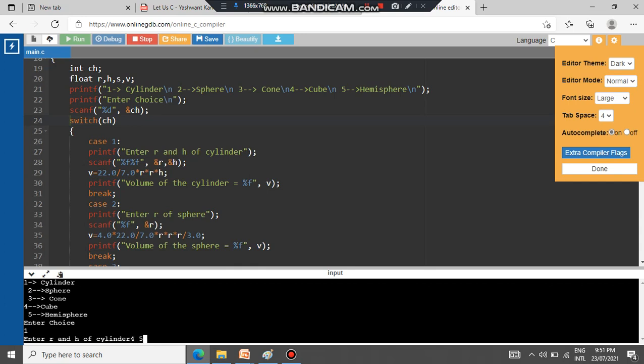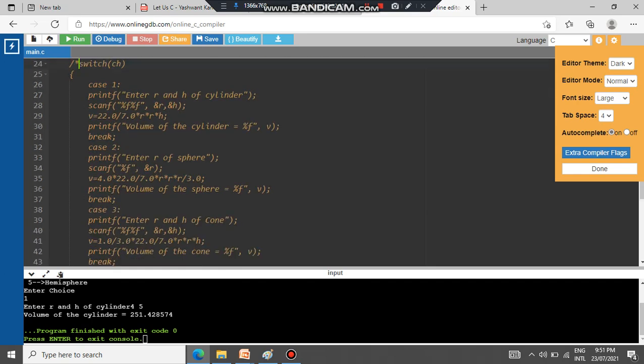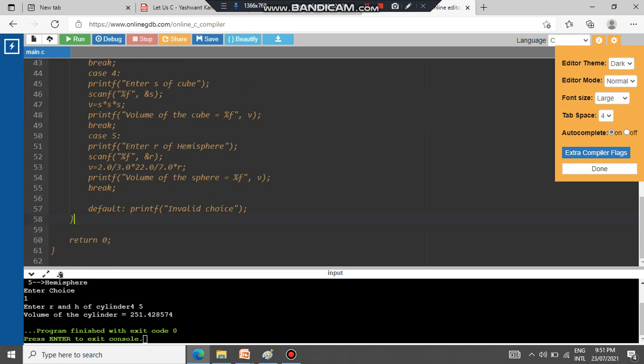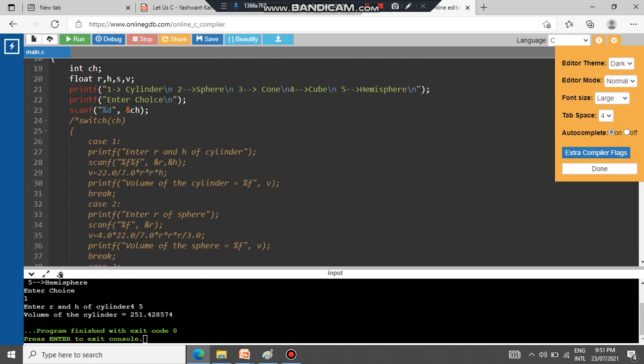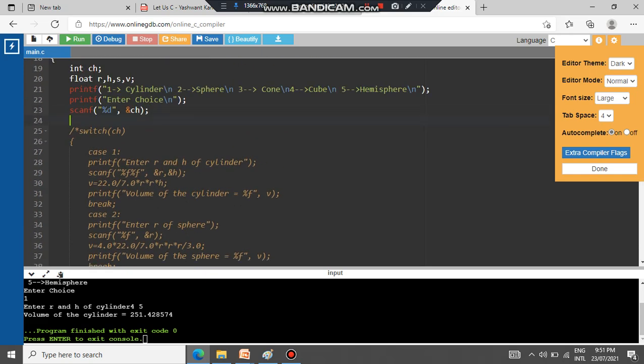I need to complete the execution of this. Now it is done. So I will put all this switch into the comment lines, because whatever the instruction that we have typed here, we will require it once again to be typed. So I don't want to type it once again, because it will utilize more time and the video will become lengthier.